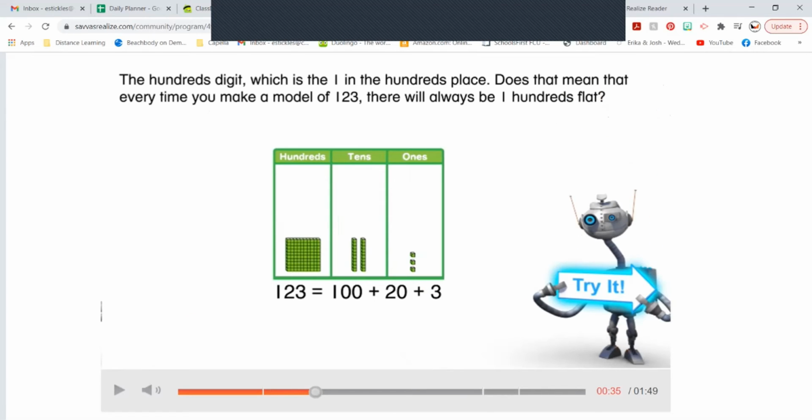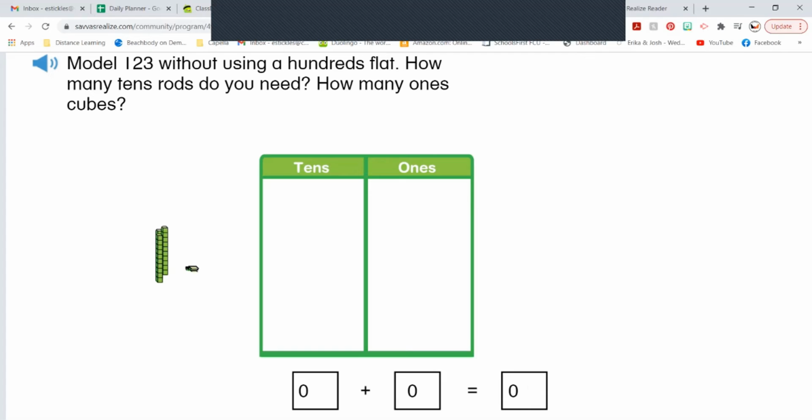Let's try it out. Okay, so it says model 123 without using a hundreds flat. So how many 10 rods do I need and how many ones cubes? So I'm going to do tens until I get up to a point where I can't add any more tens. So 10, 20,